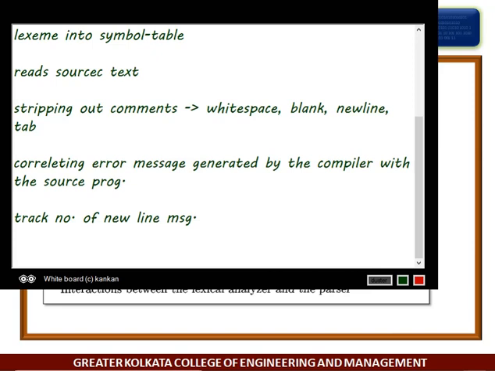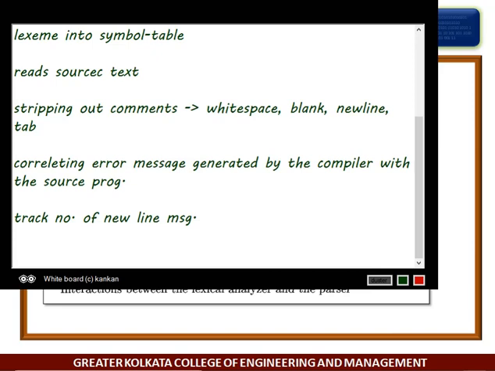In some compilers, the lexical analyzer makes a copy of the source program with the error messages inserted at the appropriate position. This depends on the compiler.